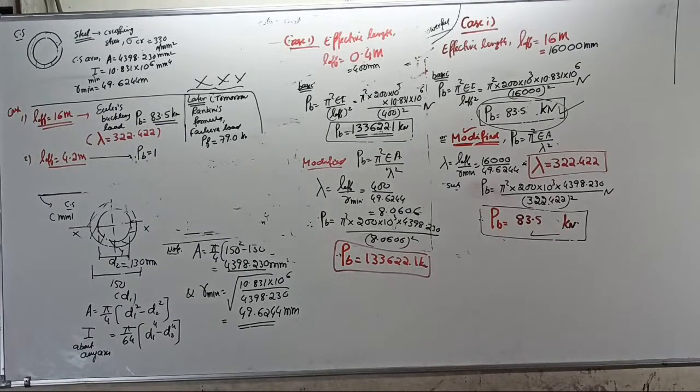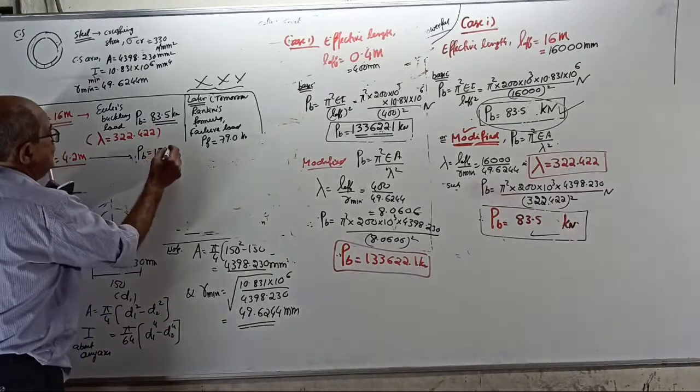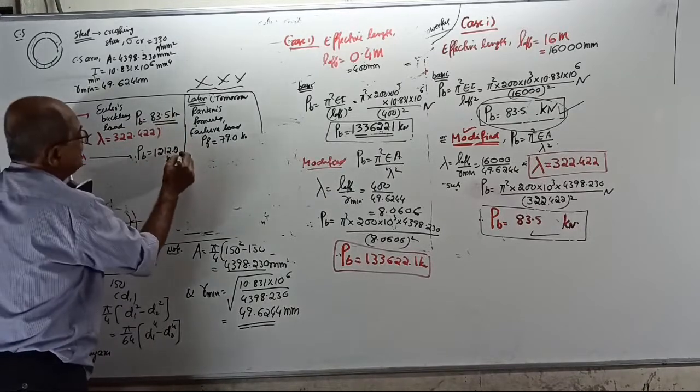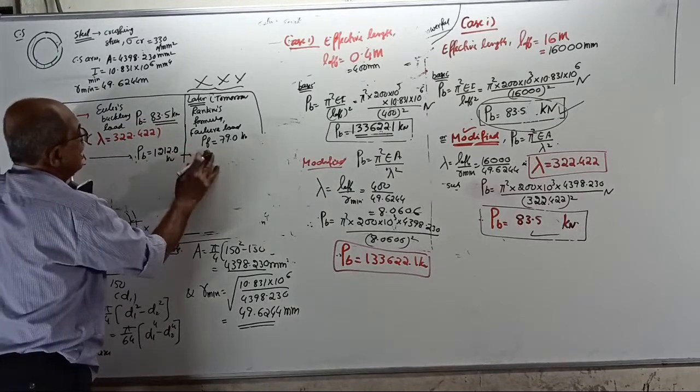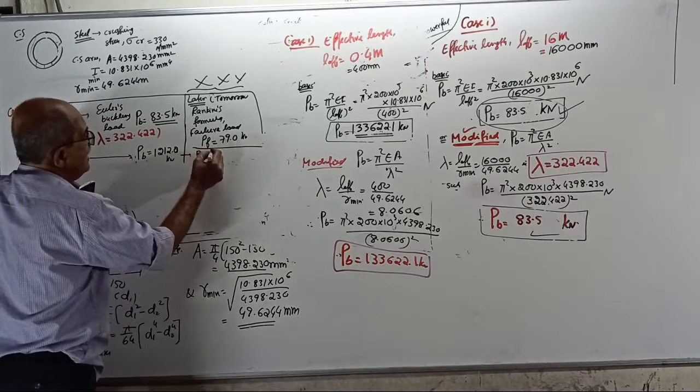Somewhere I had searched it. 1212 kilonewton. Correct? 1212 kilonewton. Is 1212 correct? 1212.0. 1212.0 kilonewton came. And at that time, if you go to Rankine's formula, the value will come. Rankine value will be